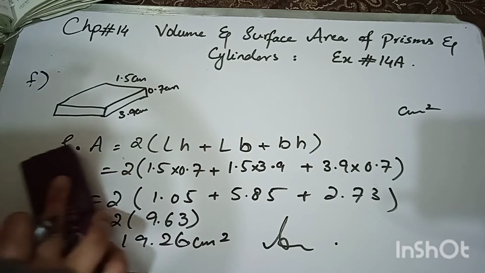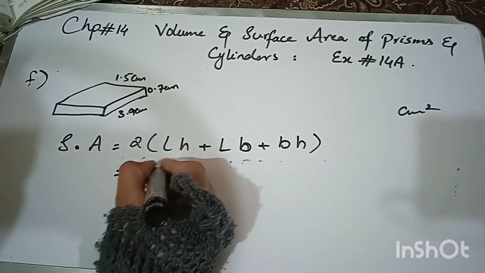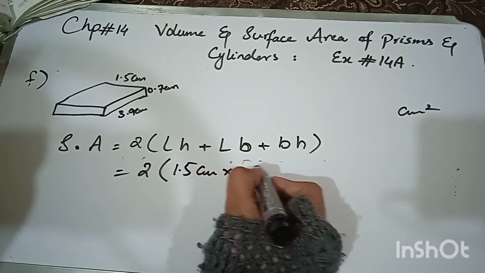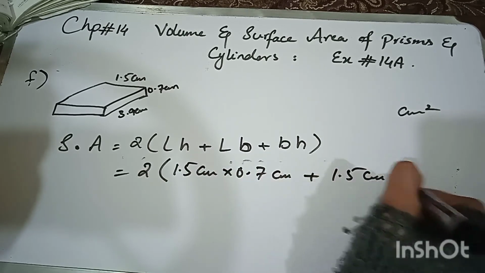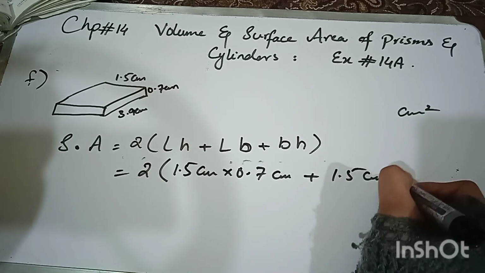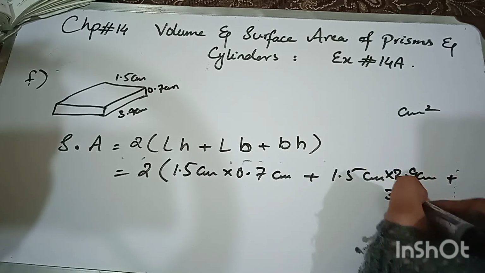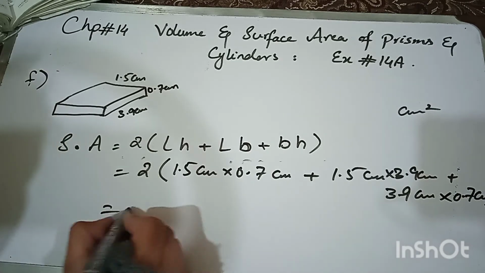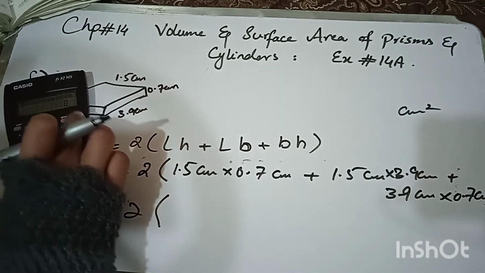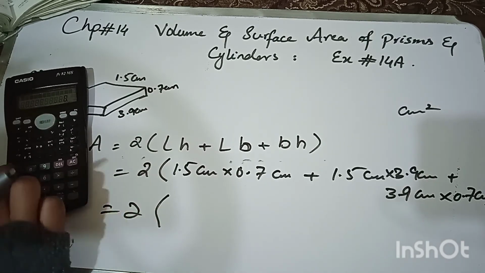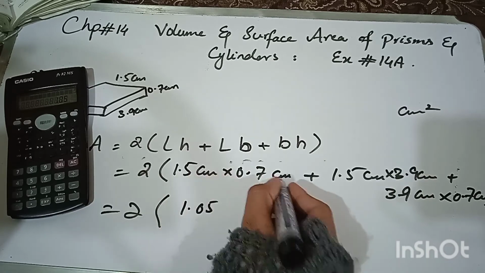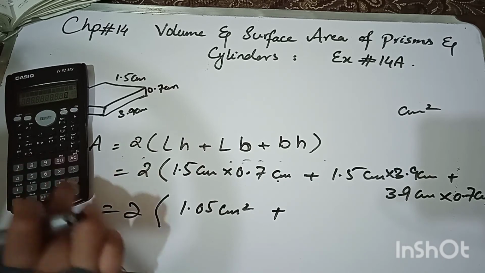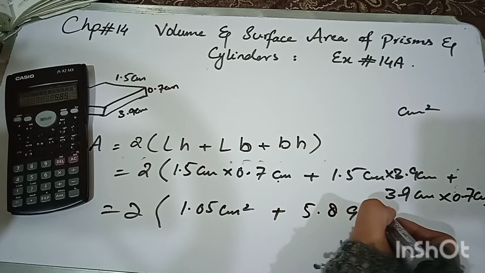ठीक है, सेंटीमीटर स्क्वायर हमारे पास कैसे आता है, यहाँ से देख लें आप. आपके पास 2 इंटू लेंथ हमारे पास कितनी थी 1.5 सेंटीमीटर, हाइट हमारे पास कितनी 0.7 सेंटीमीटर, प्लस लेंथ है 1.5 सेंटीमीटर, ब्रेथ आपके पास है 3.9 सेंटीमीटर, प्लस ब्रेथ है 3.9 सेंटीमीटर, और हाइट हमारे पास है 0.7 सेंटीमीटर. अच्छा, जो भी मल्टीप्लाई करके यहाँ पे हमारे पास प्रोडक्ट आ रहा है, सपोज हम देख लेते हैं दोबारा से. 1.5 था मल्टीप्लाई 0.7, 1.05 सेंटीमीटर. सेंटीमीटर इज इक्वल टू सेंटीमीटर स्क्वायर, प्लस नेक्स्ट 1.5 मल्टीप्लाई बाय 3.9, सो हमारे पास होगा 5.85 सेंटीमीटर स्क्वायर. सेम इज दैट आगे भी.